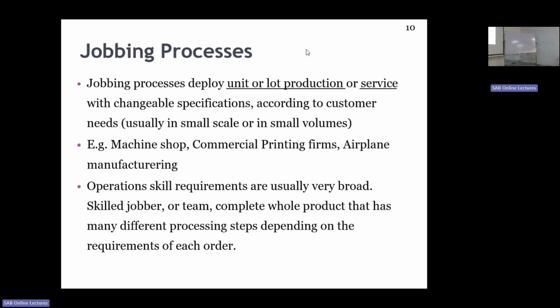But jobbing processes may not have such an advantage. Economies of scale, a little bit of advantage is there rather than producing one product, but it is not bigger like batch production or mass production or continuous. So unit cost is higher, but we can also customize products. Great. But there is a